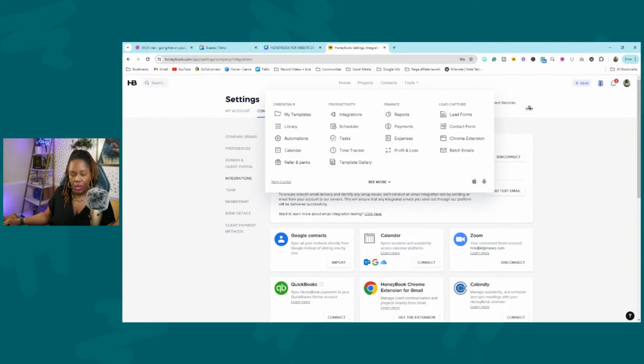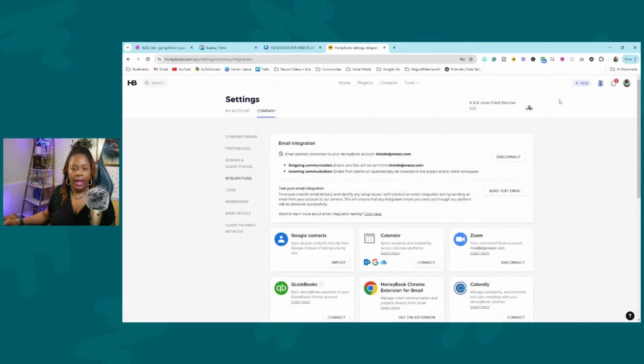And depending on the plan that you have, if you're on that middle plan, it will allow you to have up to 2 team members. Other than that, if you want more team members, then you have to go to that highest plan, right? And I recommend that, and we're going to go over the plans in a second,